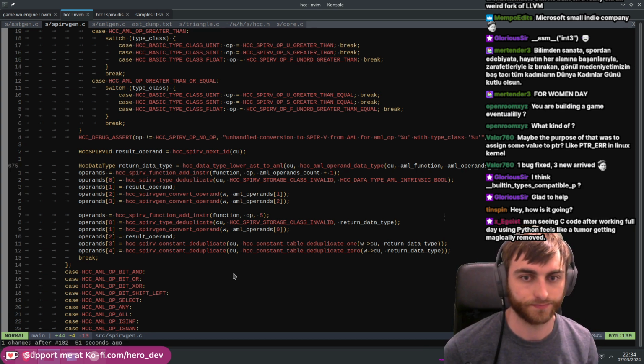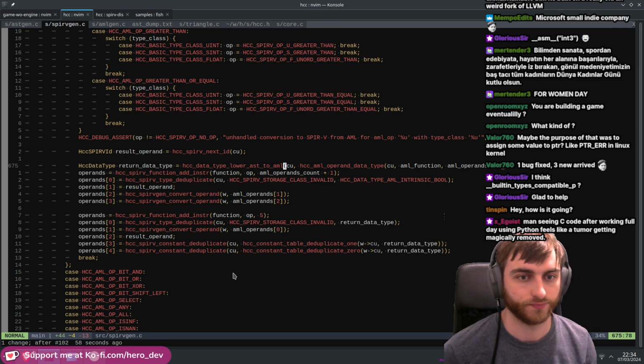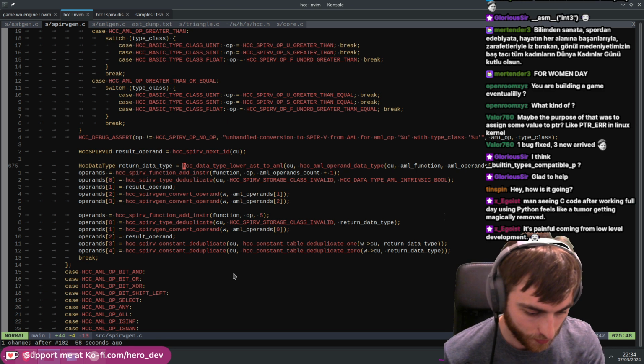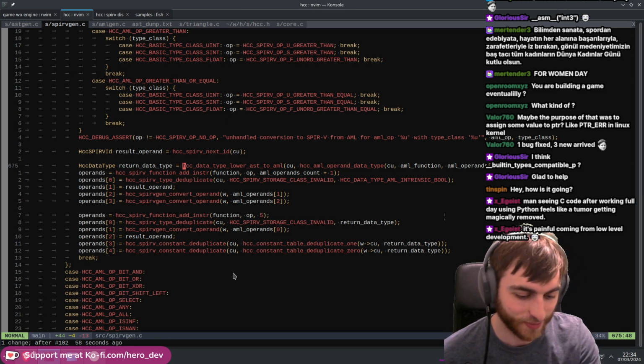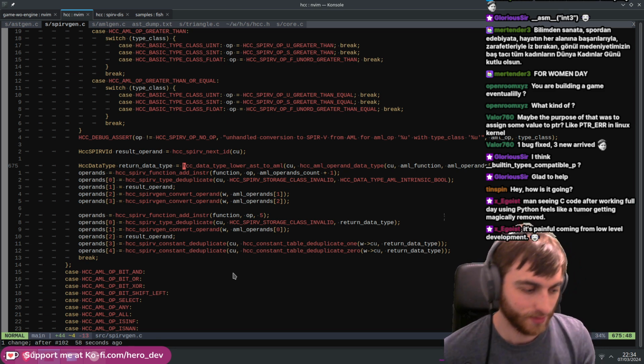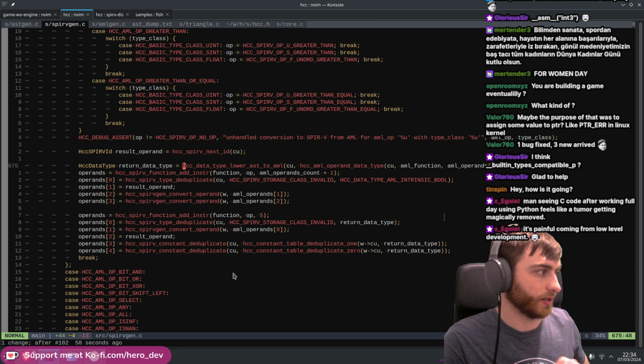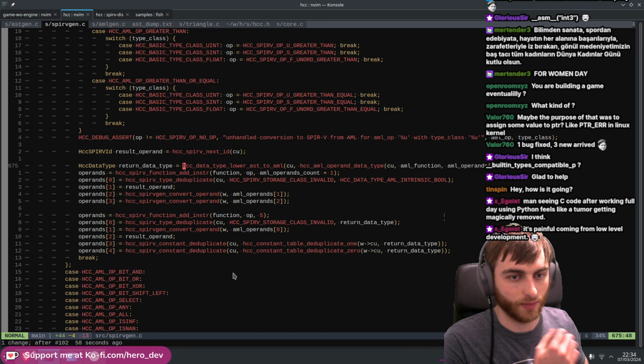Not gonna lie. It's painful coming from low level development, I can imagine. I know people really like it, and you know they build little applications or little console apps in it, but